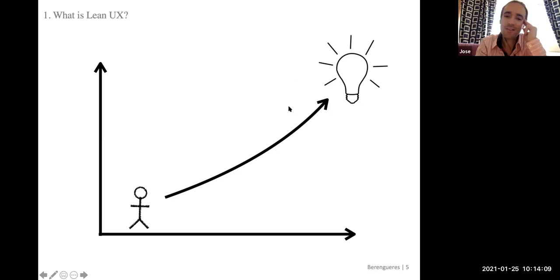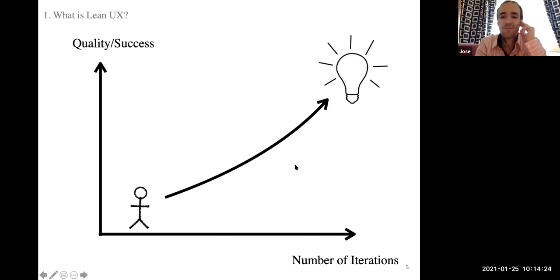If you want good quality, what you have to do is to do lots of prototypes, correct? Or in Agile, we say that we want to maximize the number of iterations, right? The more iterations, cycles we go, the more quality we will have.